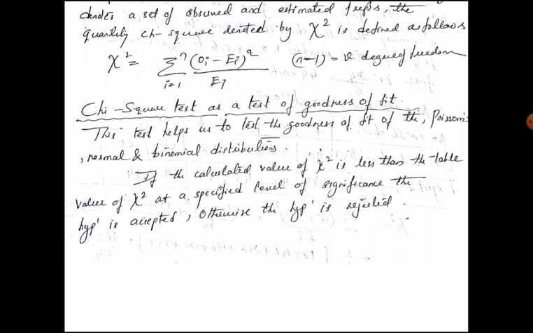Referring to this chi-square table is just the same as the t distribution table. So here also, if the calculated chi-square is less than the tabulated chi-square at some specific level of significance, and usually that level of significance is fixed at either the 99% level or 95% level, that is 0.01 or 0.05, you are going to accept the hypothesis, otherwise the hypothesis is rejected. So using this chi-square formula, you are going to test the goodness of fit for these various distributions.